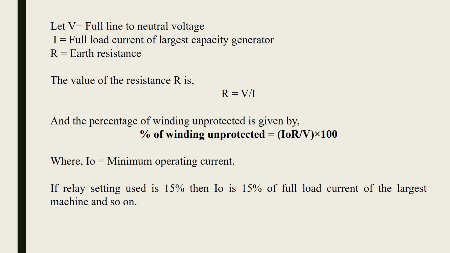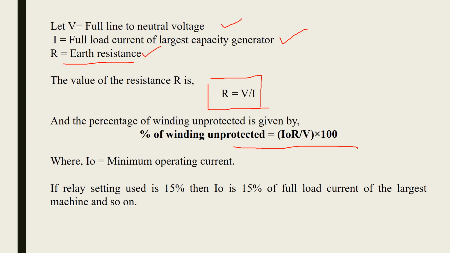Here, the percentage of winding that remains protected for a particular resistance is calculated. If we take V as the full line to neutral voltage, I as the full load current of the generator, and R as the value of the earth resistance, this will determine what percentage of winding will remain protected and what percentage will remain unprotected. Here we can calculate the value of resistance R with the percentage of the windings which remains unprotected, which is given by,